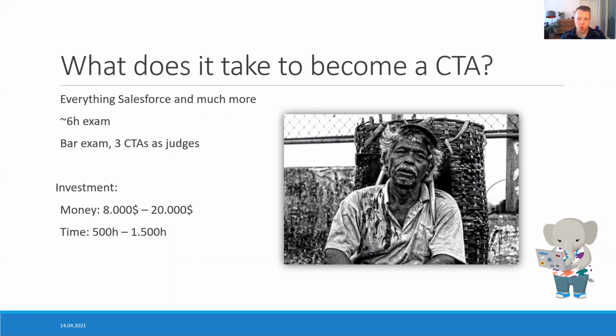The exam itself is a board exam, so it's not a multiple choice, it's a board exam with 3 specially trained CTAs who judge you. You have 3 hours of preparation, you get a scenario. You have to take the scenario, present it for 45 minutes, and afterwards you have 30-minute to 60-minute Q&A with your judges. They will grill you. What do you need to know for the CTA? Everything and much, much more. This altogether is about 6 hours. It's really, really exhausting. You have to be on the top of your game and know everything in a short and precise manner and so forth.